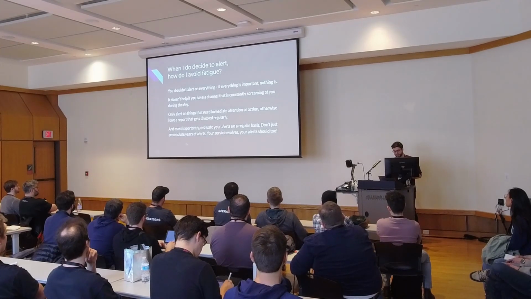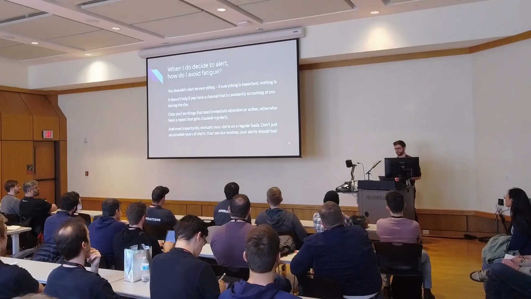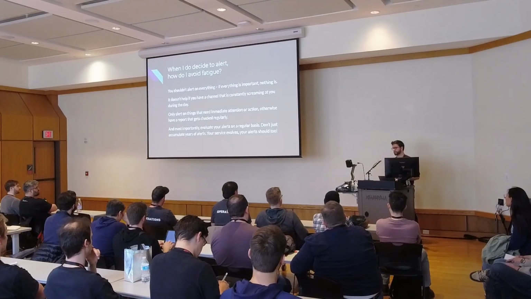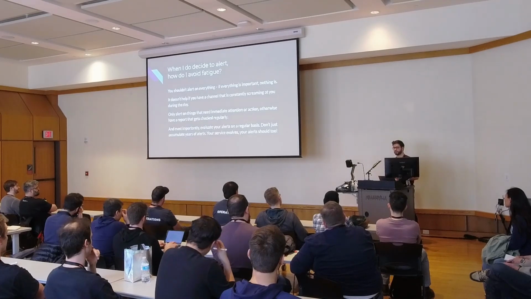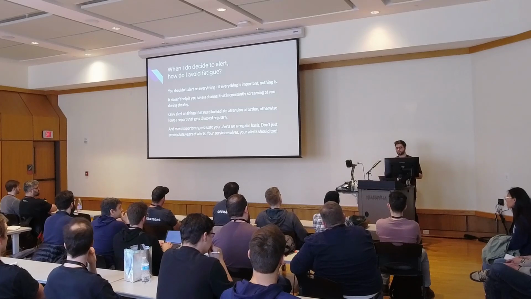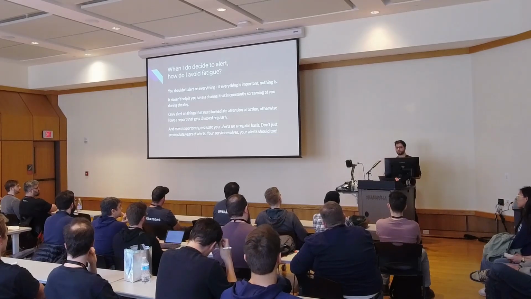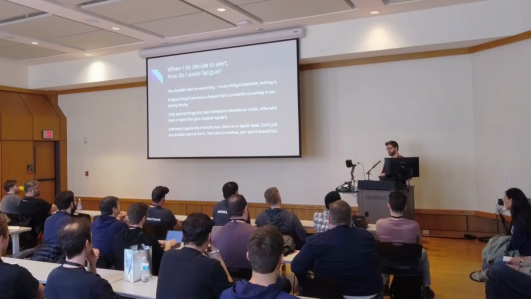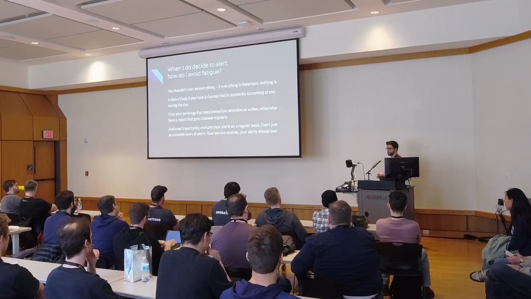I do want to highlight this last section: evaluate your alerts on a regular basis. This is something people get tripped up on because they think, okay, my application is out in production, I can set it and forget it. No, right? Your application evolves over time. The surrounding environment, either the cloud provider or data center, or even how users interact with it, evolves over time. Your observability should too. All of your alerts should reflect that.